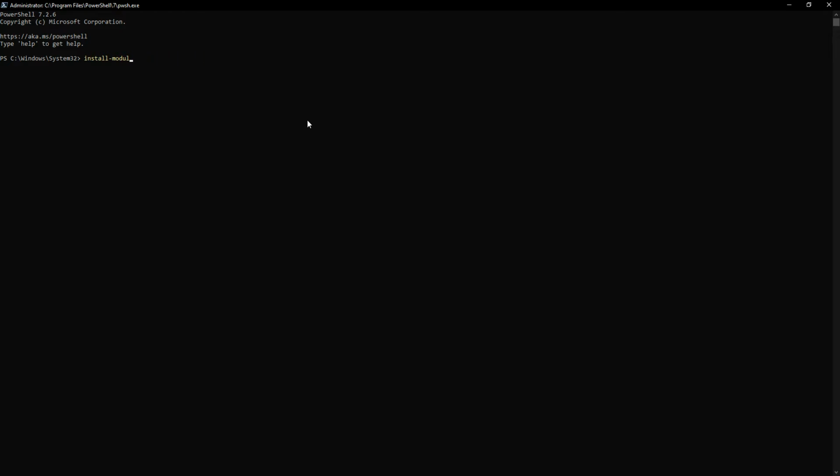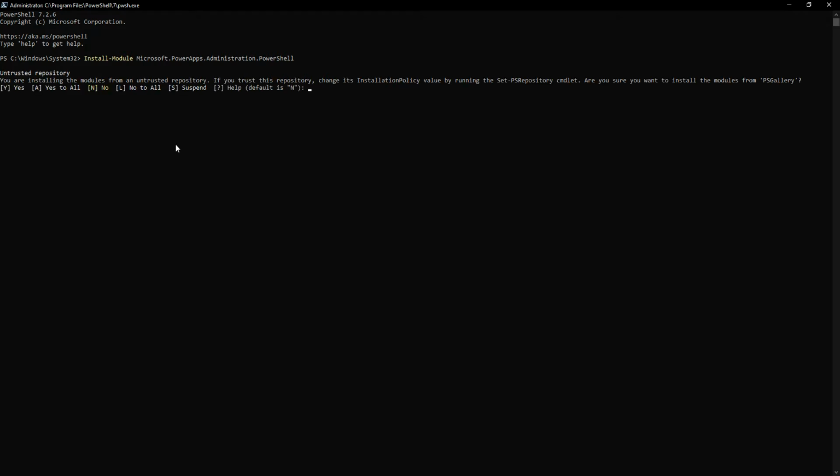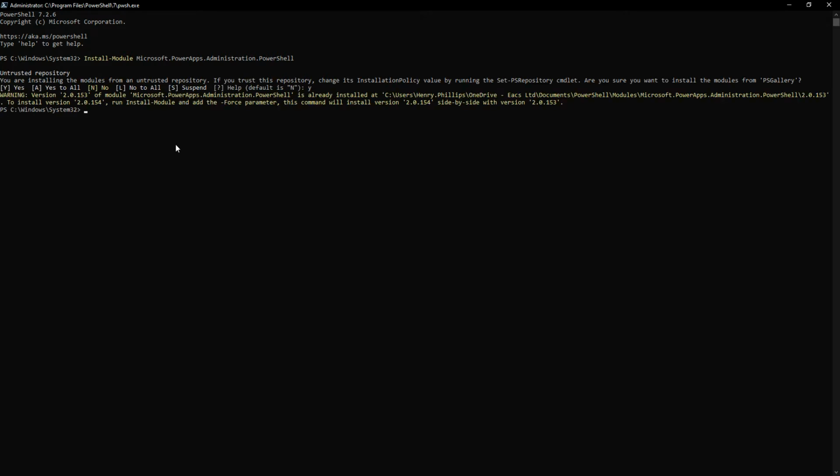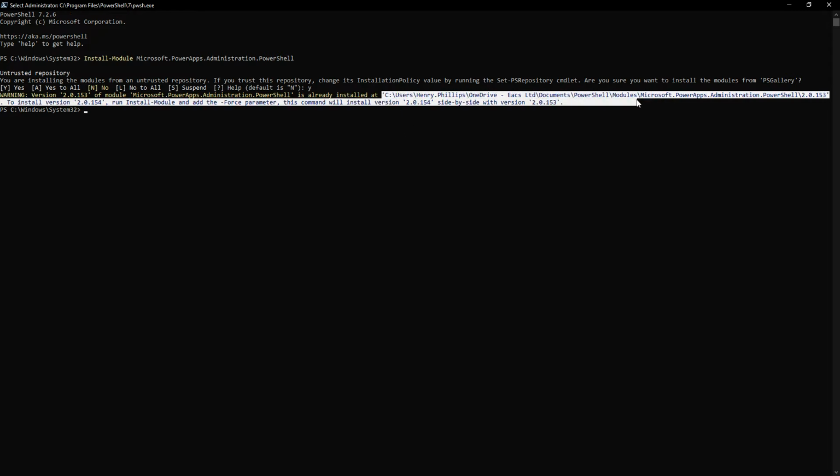So we want to do install module. And the name of the module is Microsoft.powerapps.administration.PowerShell. I think they must have run out of short names the day they came up with that one. We're just going to do yes. So it tells us that it's already installed. I am going to make a note of the path to that module